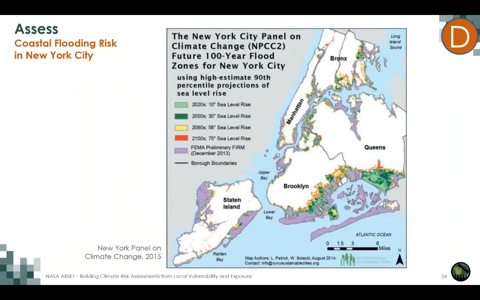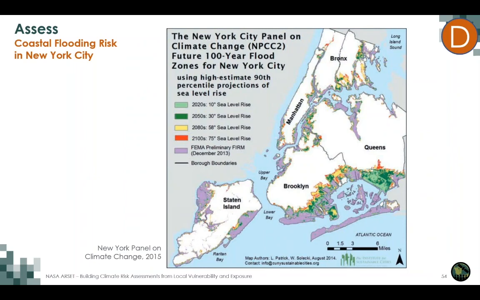We also can look at assessments, for example, here in New York City. These are assessed flood regions on different levels of sea level rise associated with climate change projections. And you can see the parts of New York City that are flooded under different types of conditions. In particular, we'll call your attention to the greens, yellows, and reds. These are places that don't currently flood that would flood more and more as the sea level goes up. This green area over here includes the John F. Kennedy Airport. So this is critical infrastructure that could be at risk as climate change moves up the global ocean